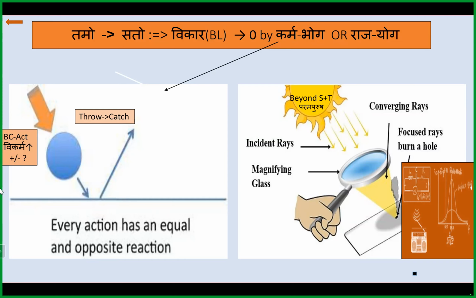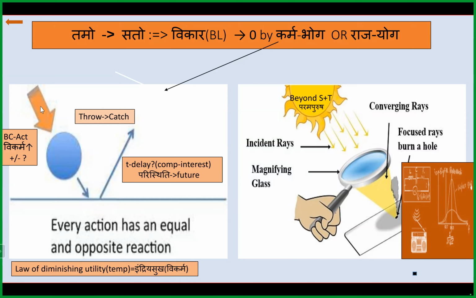And actually every action has an equal and opposite reaction. So when we throw something, we have to catch it also. When we act, there is always a law of diminishing utility, or it's temporary. So there will be indriya sukh, and so there will always be vikar. The characteristic of the vikar is that there will be indriya sukh, and that also will generate vikar because there is an attraction towards that.